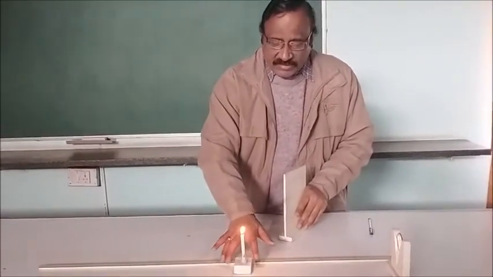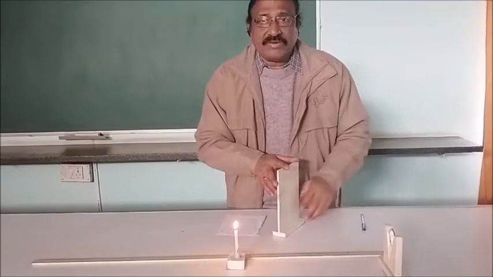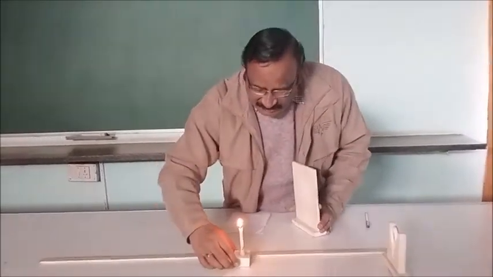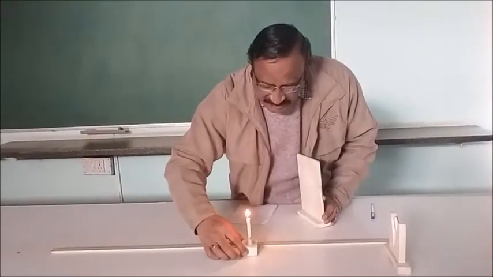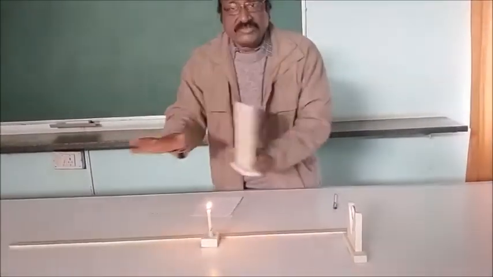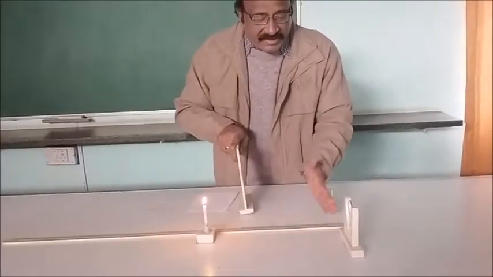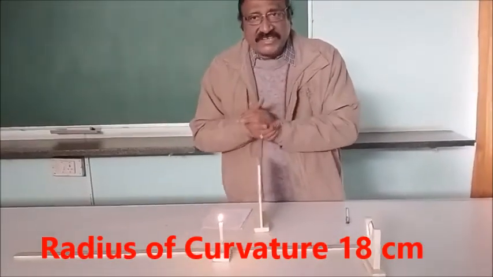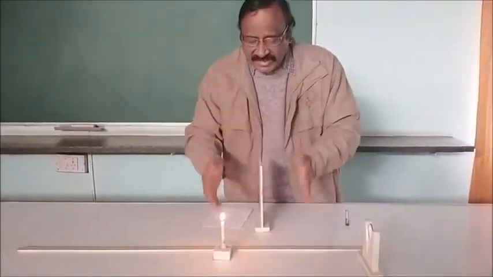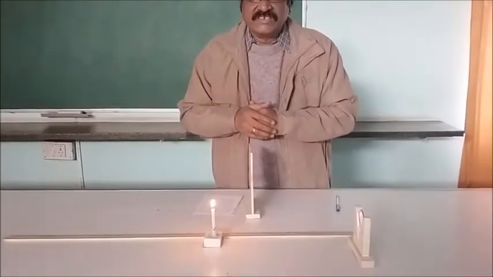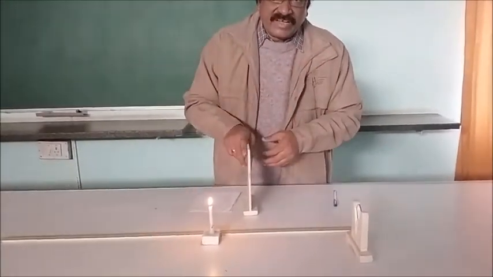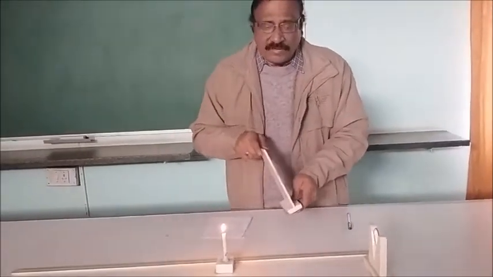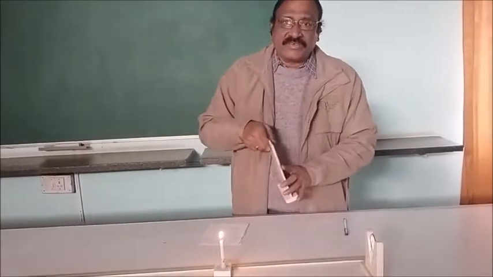This is the setup. We have again a candle, and the stand now has a concave mirror, and this is our screen. The object is placed at 40 centimeter away from this concave mirror, which is on your left hand side. Since this mirror has a focal length of around 9 centimeter, 36 centimeter will be its center of curvature. Therefore the object is now beyond the center of curvature, and as expected, its image must be somewhere between focus and center of curvature.